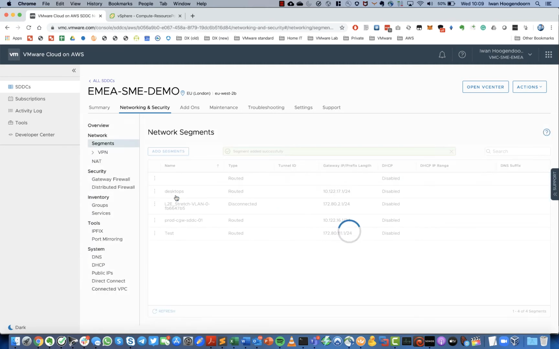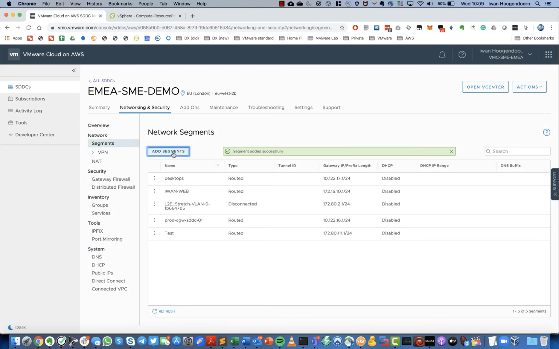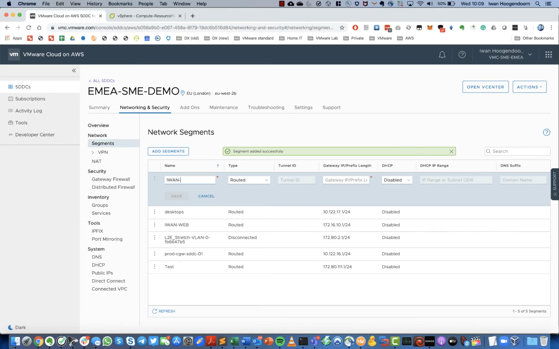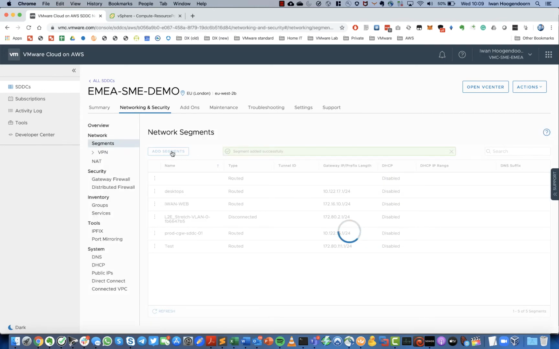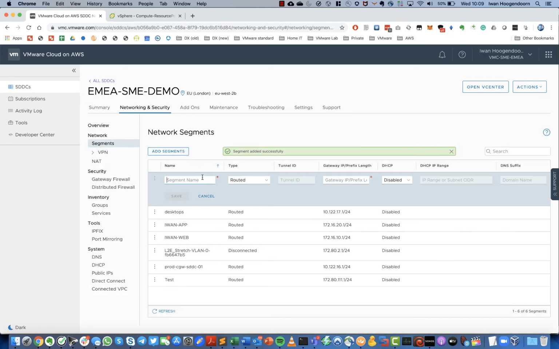Let's hit save. .20.1/24 save. And the last one, db, 172.16.30.1/24,